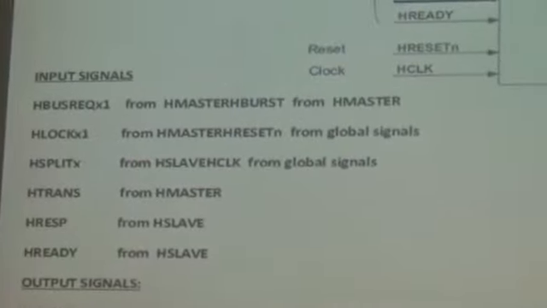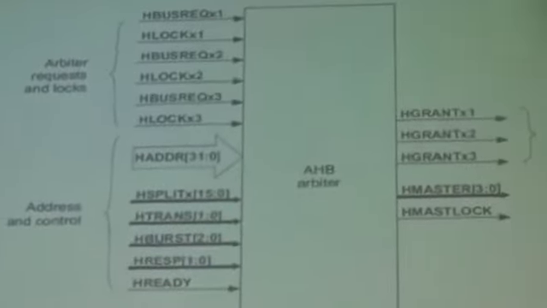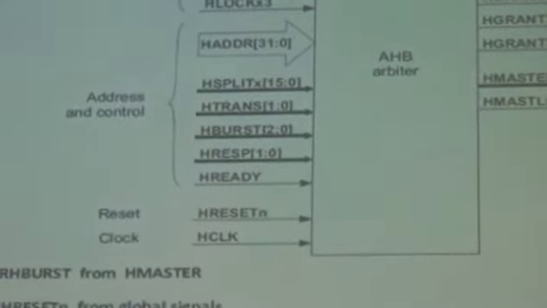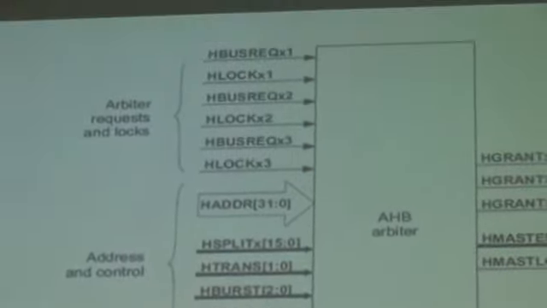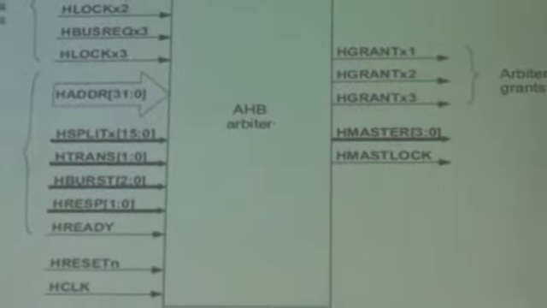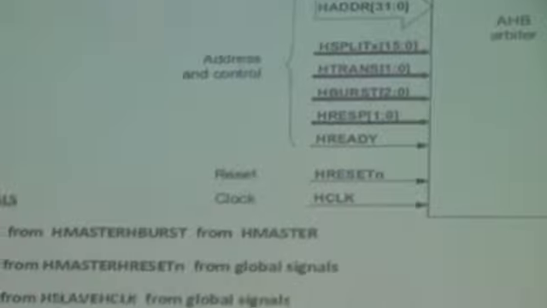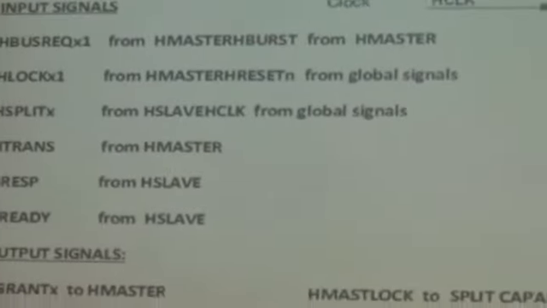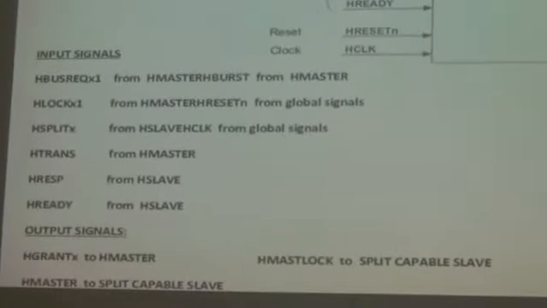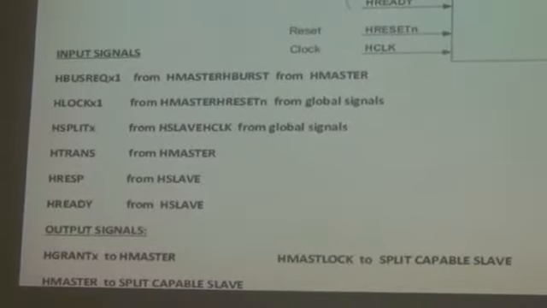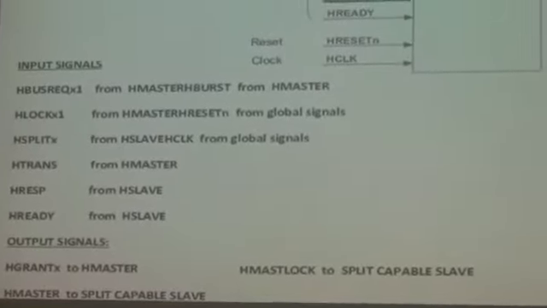These are the inputs to the AHB arbiter, and HRESET and HCLK are the global input signals. The output signals are HGRANTx, HMASTER and HMASTLOCK.